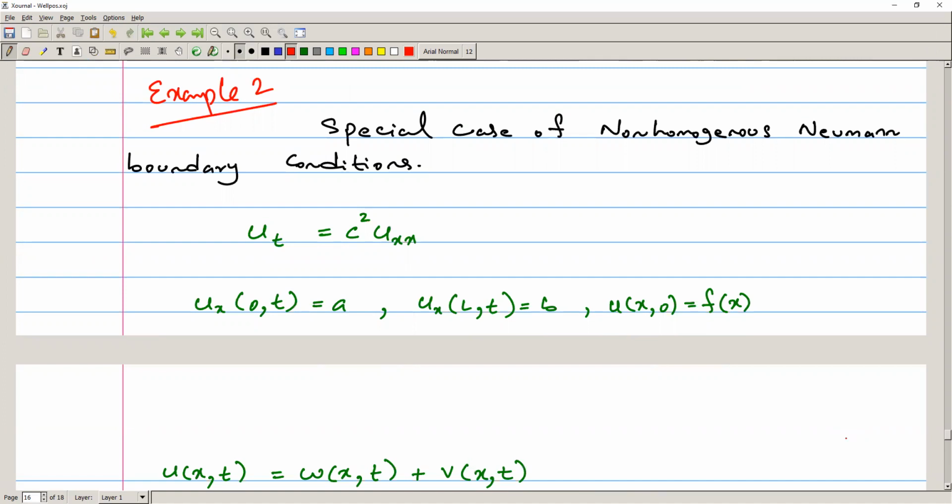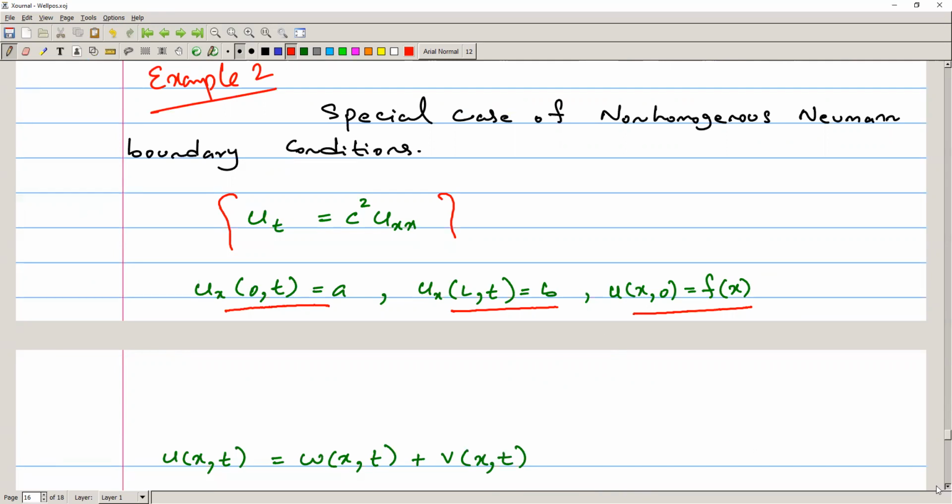So this example is a special case of non-homogeneous Neumann boundary conditions. I want to discuss this also. Now the equation is given: u_t is equal to c square u_xx, and u_x of 0 comma t is equal to a, and u_x of l comma t is equal to b, and this is the initial condition, right? In the lesson on Neumann boundary conditions we discussed that we cannot get a solution if a is not equal to b,